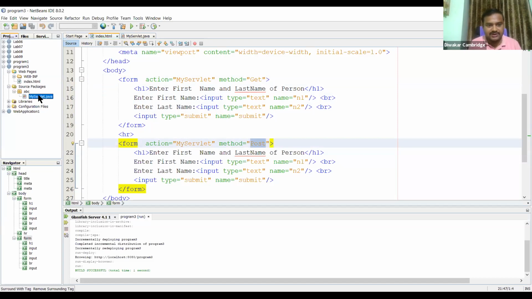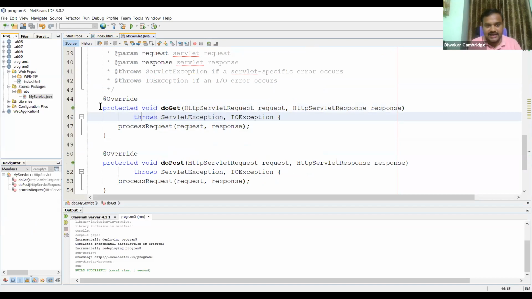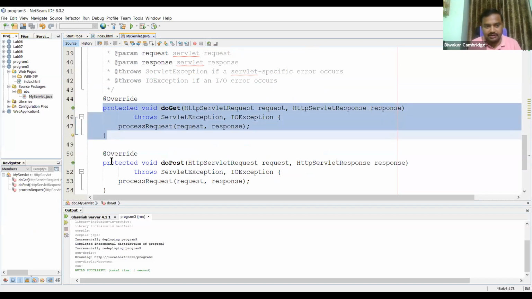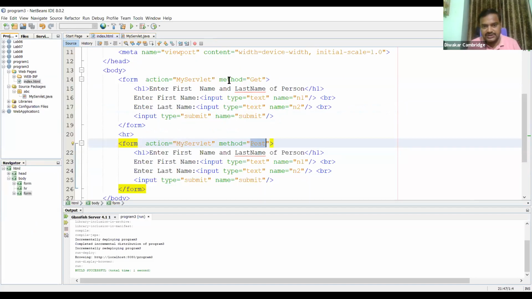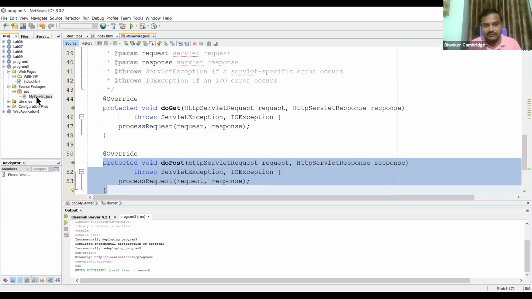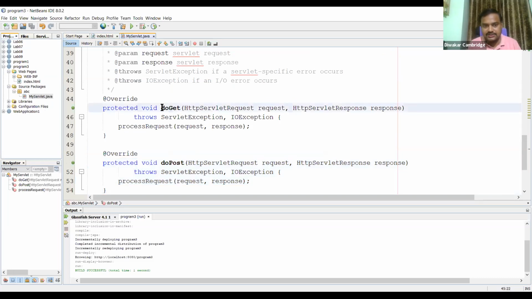I have created one servlet here. The servlet has the doGet method and also the doPost method. Either way, whether you use the get method or the post method, the servlet will support both, because doGet internally calls processRequest.